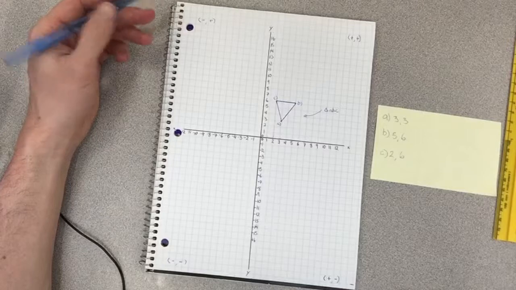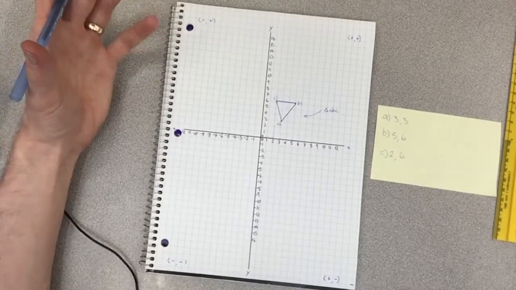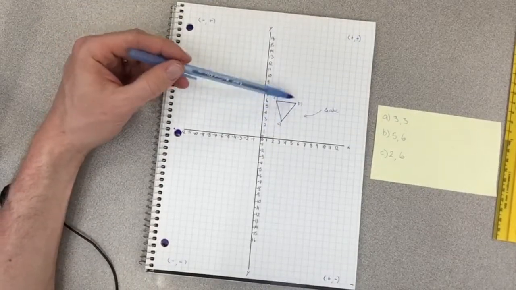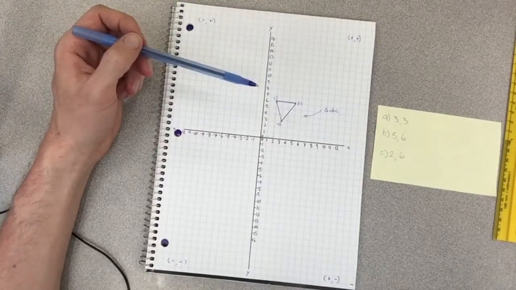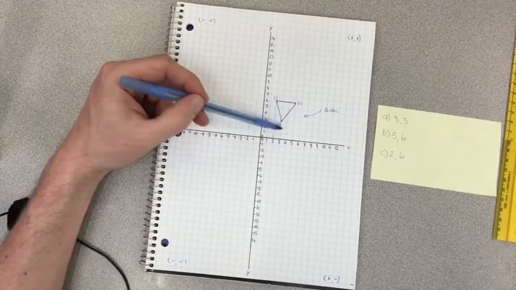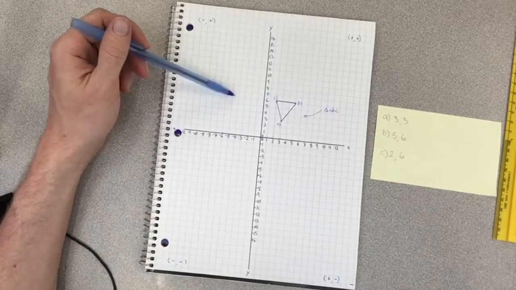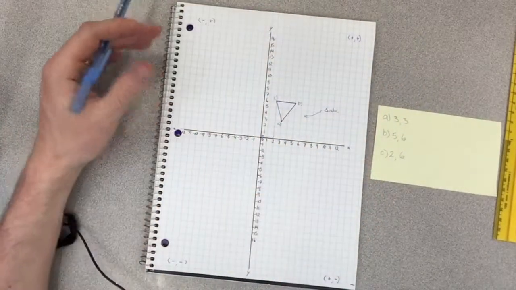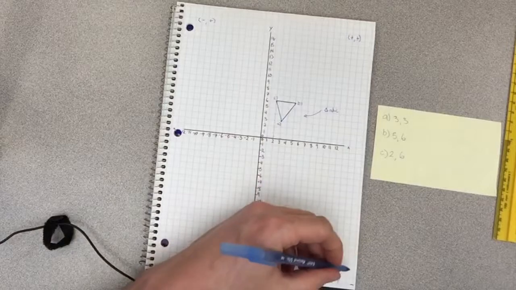And the first type of transformation we're going to do is a translation. So translation is when you move all 3 of your points, or however many points you have, in the same direction the same number of times. So our shape, in essence, won't change, but instead we will translate our shape to a different part of the grid. So when we're doing translations, an easy thing to remember, and I'll write it down here,